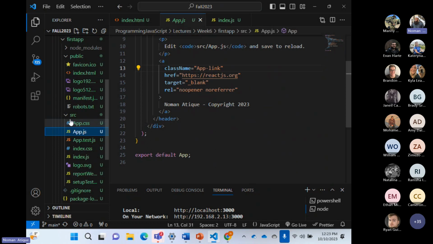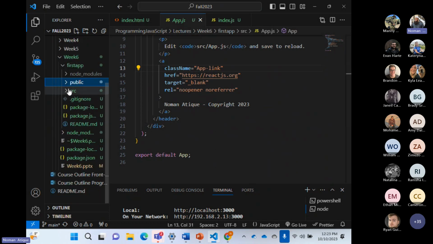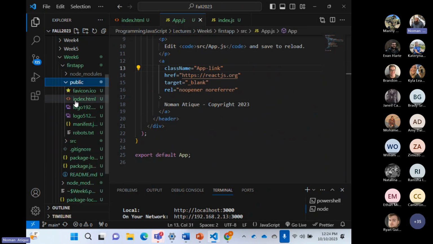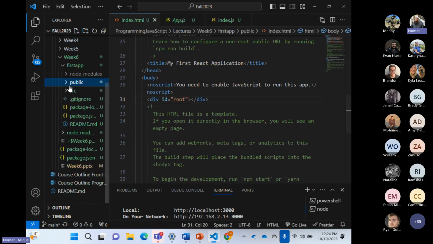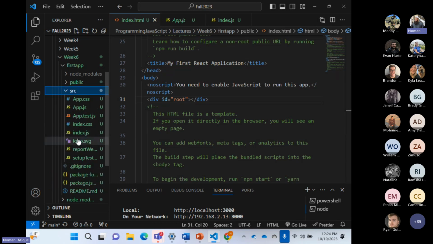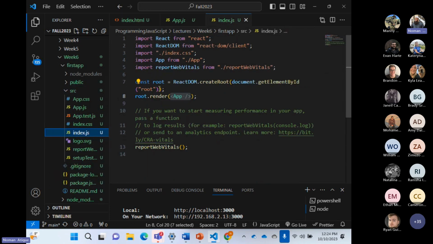Did you guys understand a little about it? It's very basic, it's the very first time, so you might not get 100% of it, but do you understand a little bit of that one? Index.html runs. It has a div with ID equal to root. Index.js accesses this root, creates a root JavaScript variable, and renders a component over here.